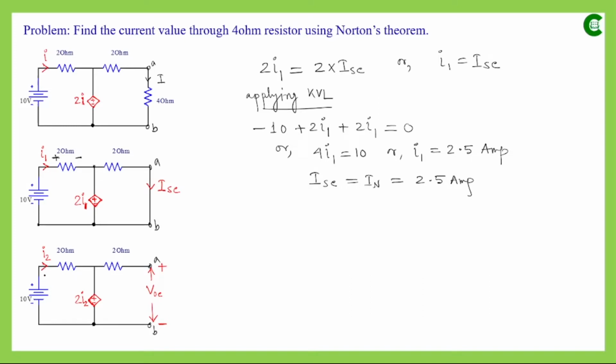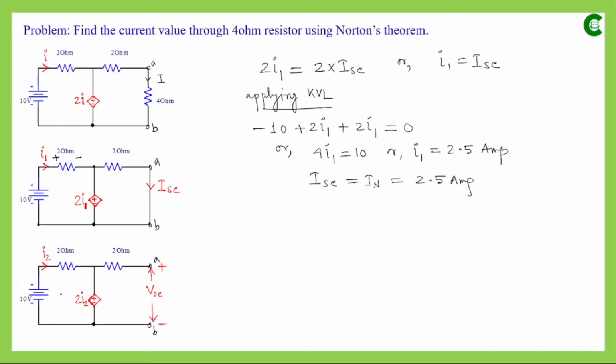So this is I2, and accordingly the value of this voltage source will be 2I2. Now since these two terminals are open, that means no current will be flowing through this 2 ohm resistor. We want to find out the voltage drop across these two terminals. Since no current is flowing through this resistor, no voltage will be dropped across it. So the voltage drop across these two terminals will be the same as the voltage value of this voltage source. Now here the voltage value is 2I2 and I2 is still unknown. So the next task will be to find out I2, and based on that we will find out the value